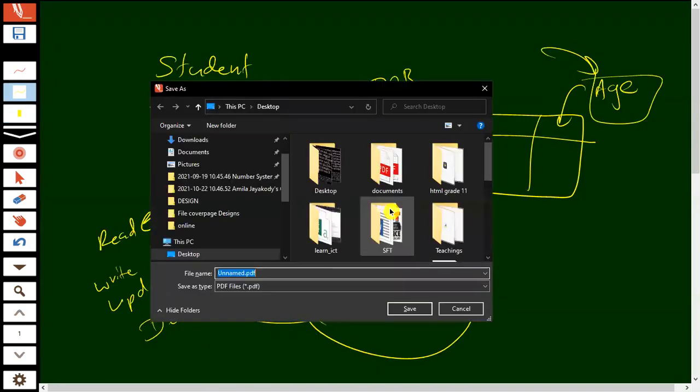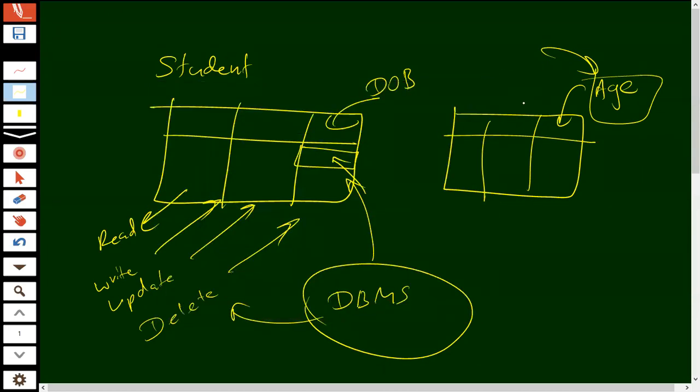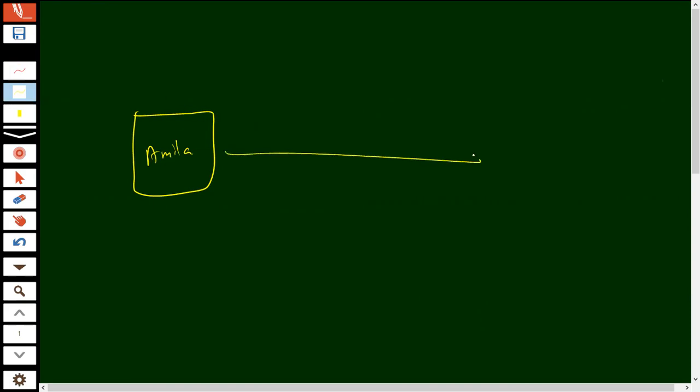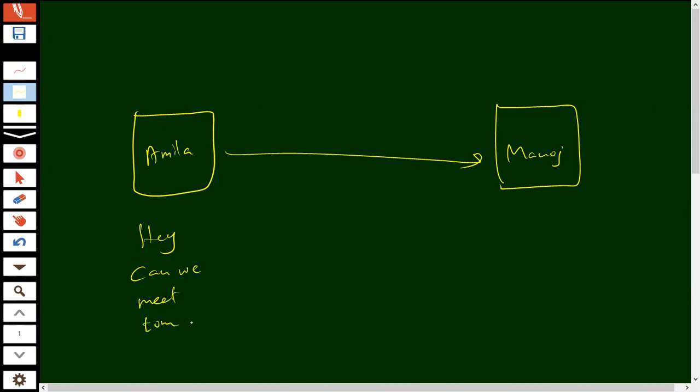I'll show you. There is a concept of encrypting. Encrypting means if we want to send data to our friend, let's say I am the user. I want to send some data to another user, let's say Manoj. I want to send, hey, can we meet tomorrow?